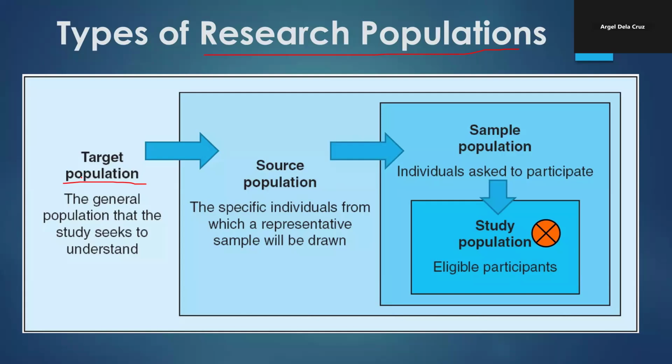However, not everyone is willing to participate, and there are some issues. Now, for example, we would like to participate, however there are some certain countries that ban certain drugs or certain vaccines. So this is what we call source population. So saan manggagaling yung population mo? Example, in our case, the study that is conducted for what we call the Pfizer vaccines are mainly sourced out to US and Canada, as well as in Europe and Japan. So these are the source population natin. So basically, dito manggagaling yung source ng sampling.